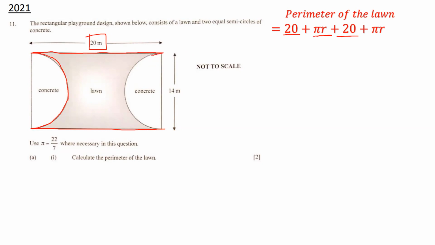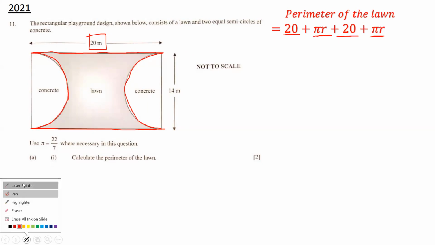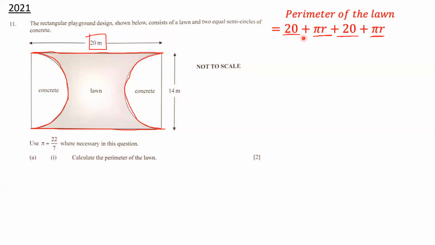And then the curved portion right here is also pi r. So in total, we have 20 meters, plus the curved portion, which is pi r, plus 20 meters again, plus the curved portion again, which is pi r. Now, when we say pi r, we mean pi multiplied by the radius. In this case, the radius